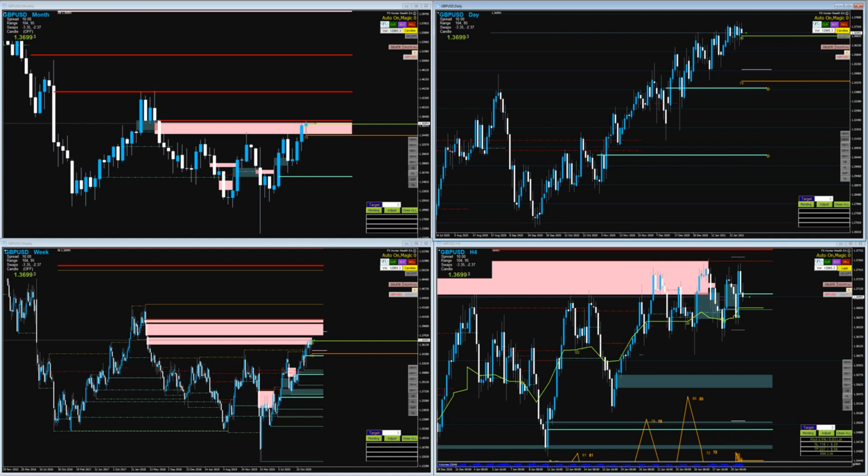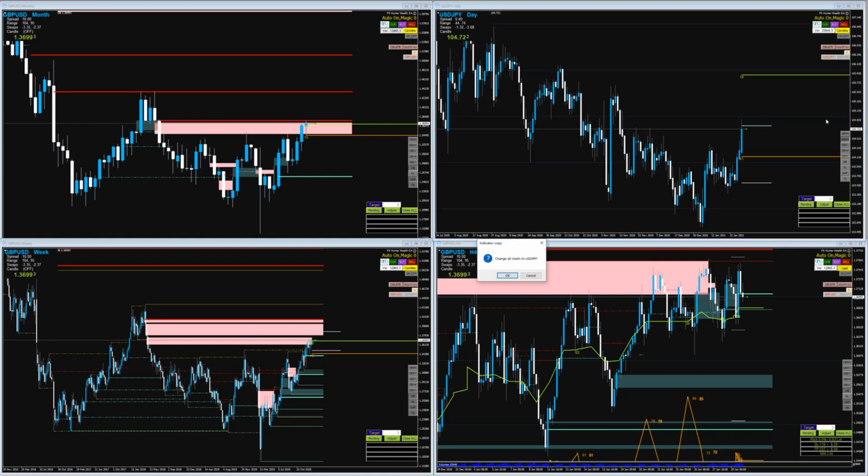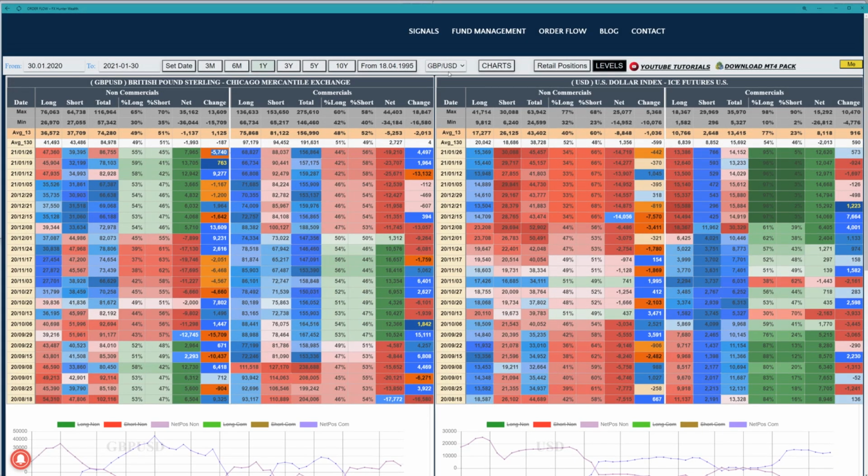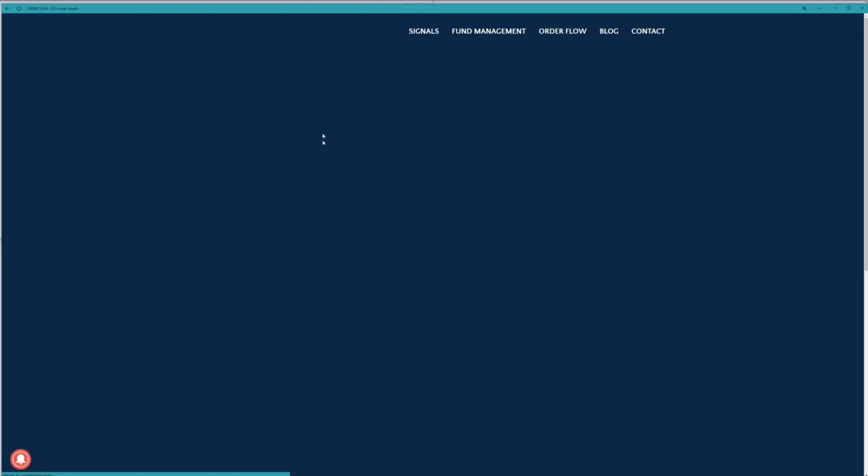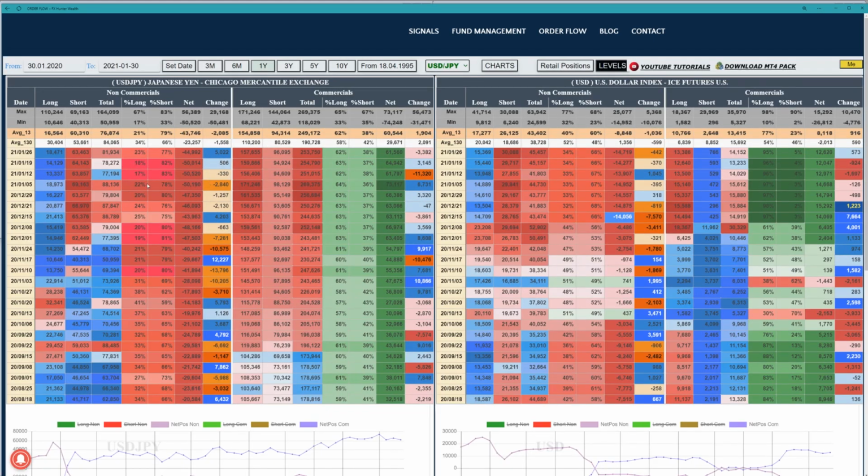So let's go to another pair, which is going to be USD JPY. And as we have seen, the JPY is actually weakening, right? So let's check it here in the order flow just to make sure. So USD JPY, it's here, and we are seeing this. The banks do not have such big long positions, and they are actually closing the shorts. So right now the scheme is that the price is growing up on the profit taking from the shorts. So the shorts are being closed, the negative positions dropping.